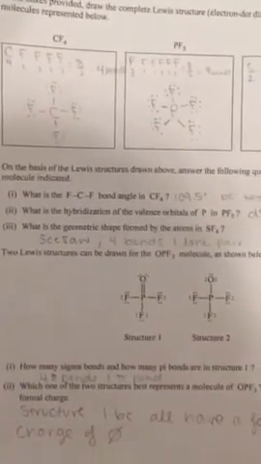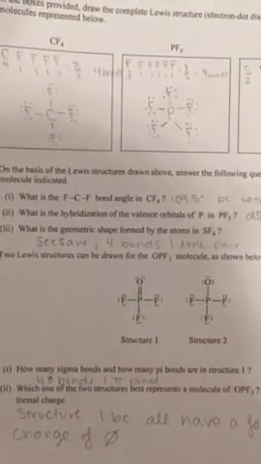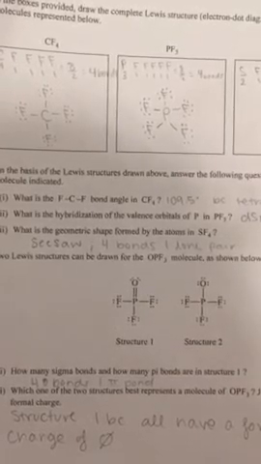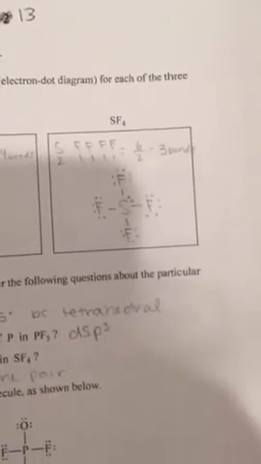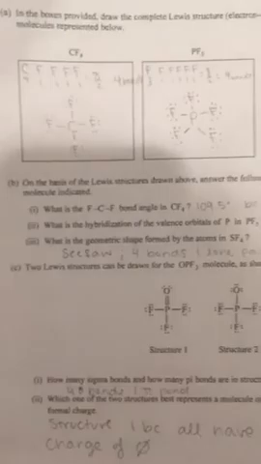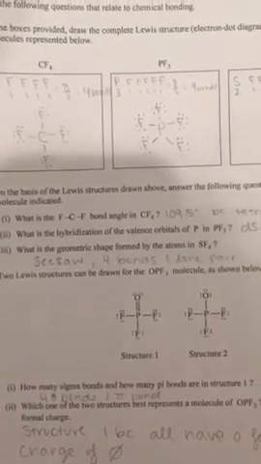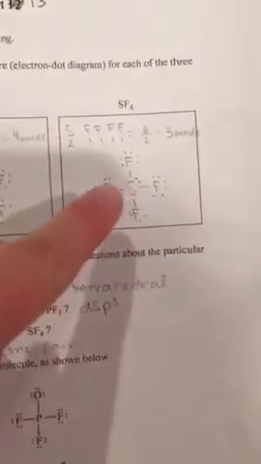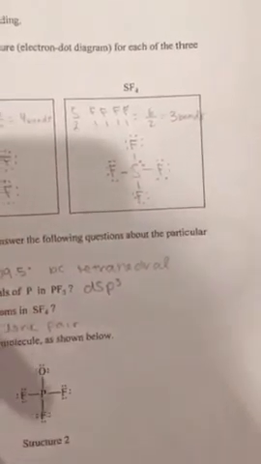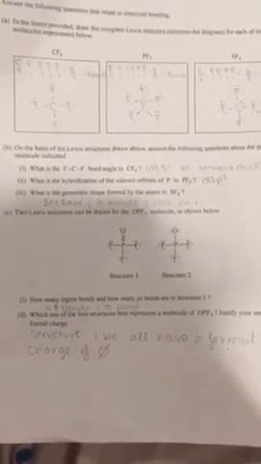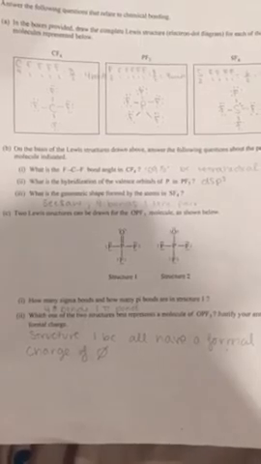And then part 3 asks, what is the geometric shape formed by the atoms in SF4? So this is the SF4, it has the lone pair. So that makes it a seesaw because it has 4 bonds and 1 lone pair. So you see the 4 bonds with the fluorine and then the 1 lone pair because it already has 6 valence electrons. And then the last part, part C,